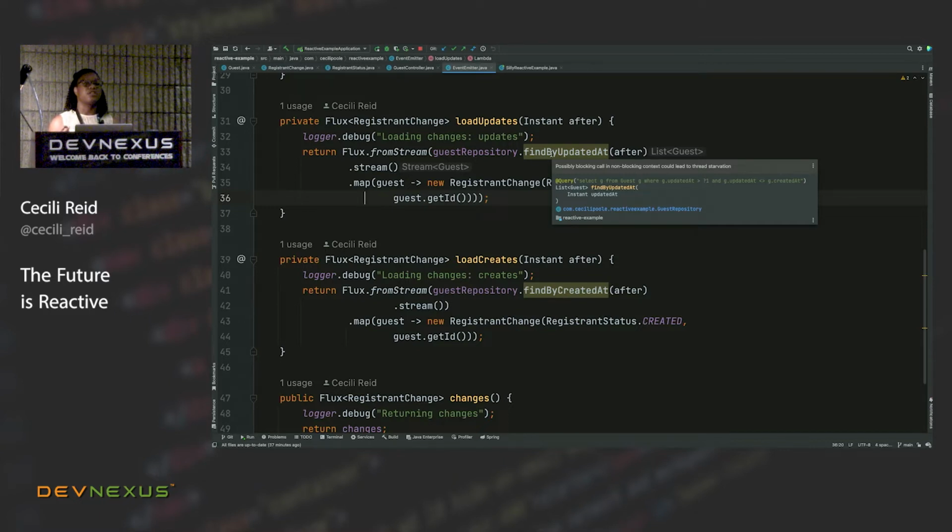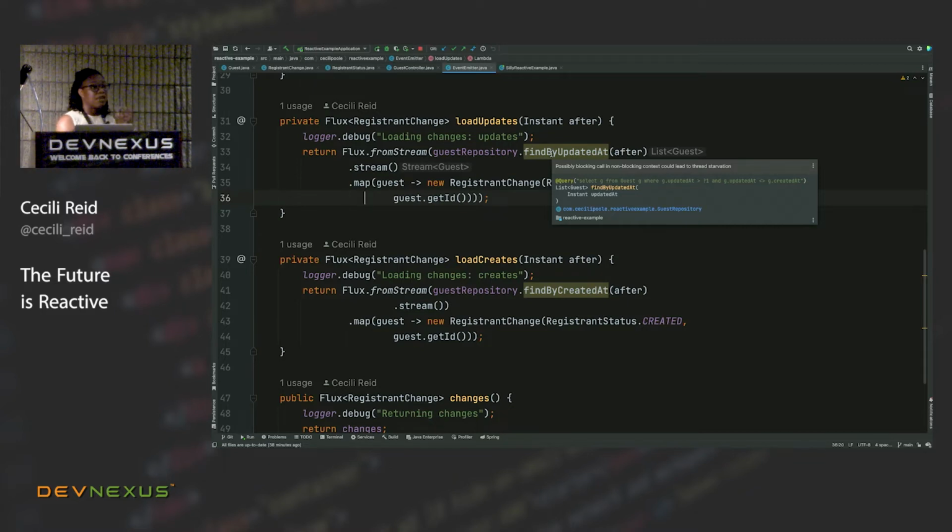However, it could lead to thread starvation depending on the data that I'm dealing with, depending on the resources that I have. This could eventually get me in trouble if I push this into production. So even that, having to now figure out, okay, how can I rewrite this so I'm not dealing with thread starvation?